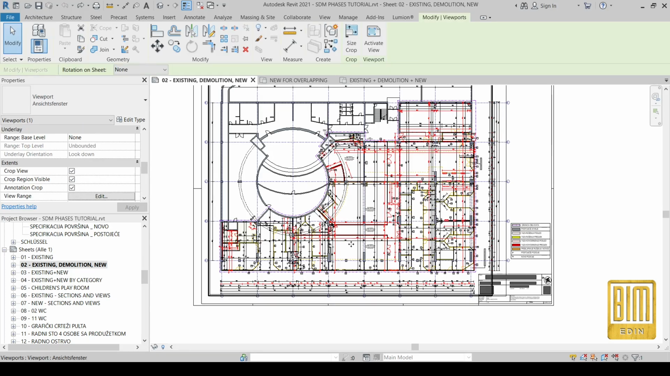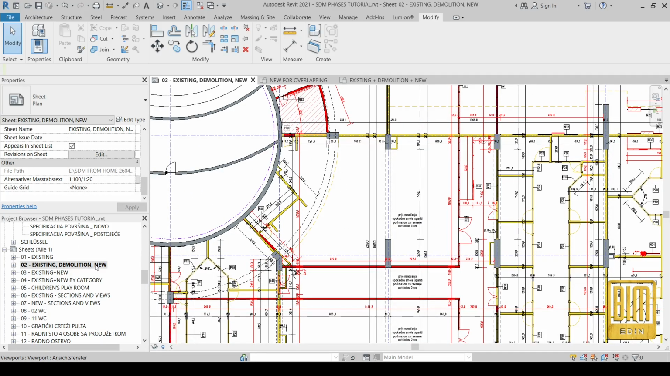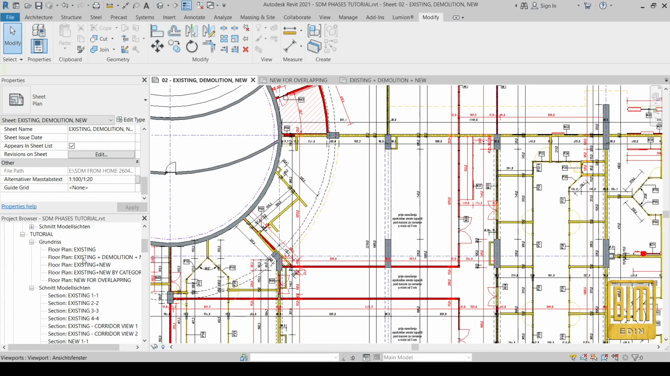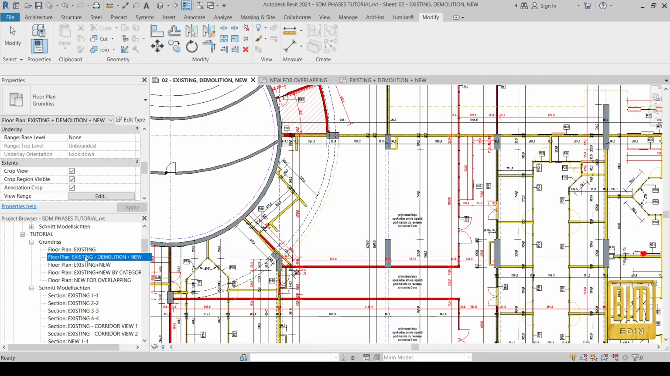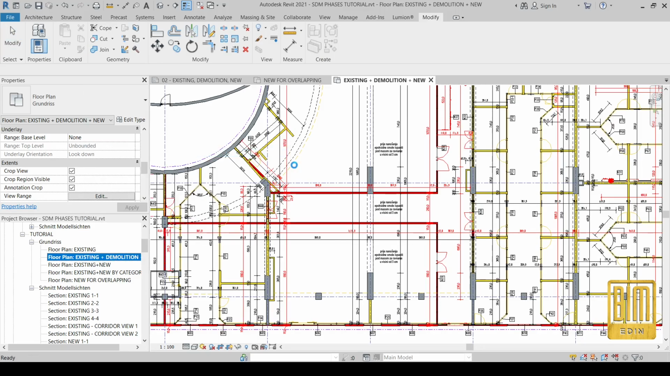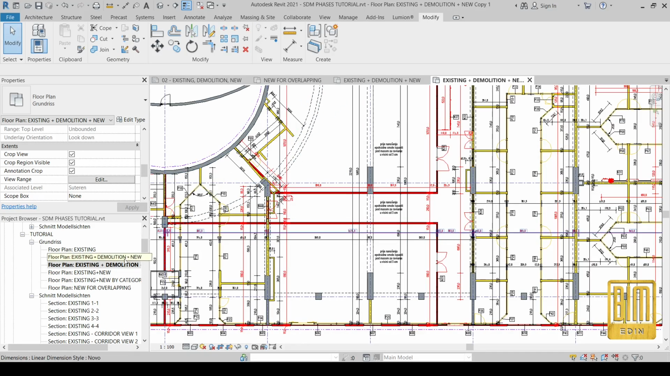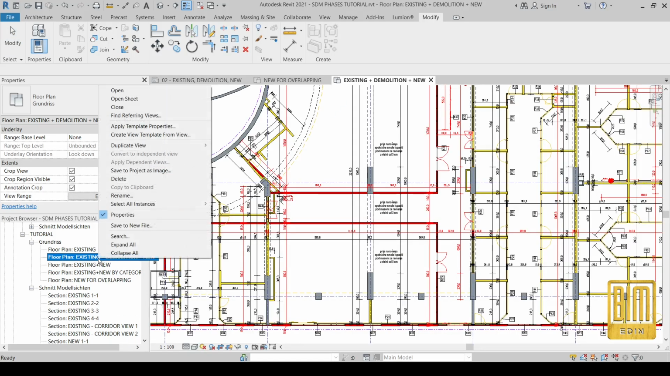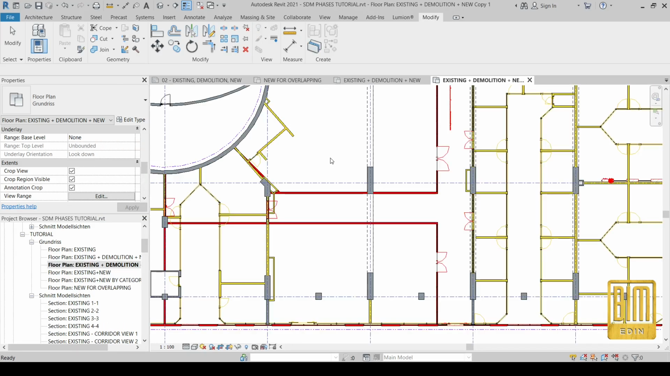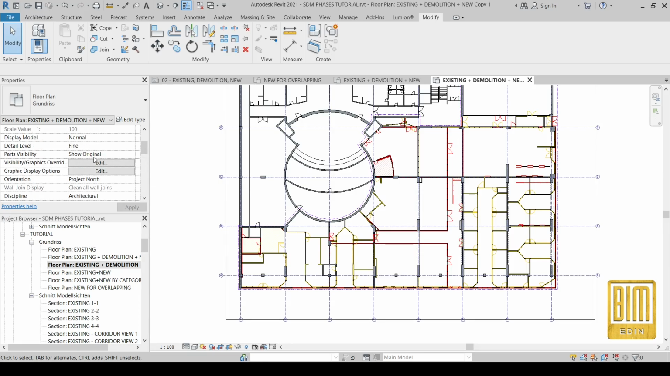For example, here we have two floor plans. In one plan I show all phases, and I add dimensions in that plan where all three phases are visible. We have existing, demolition, and new phases here, and I will duplicate that floor plan,